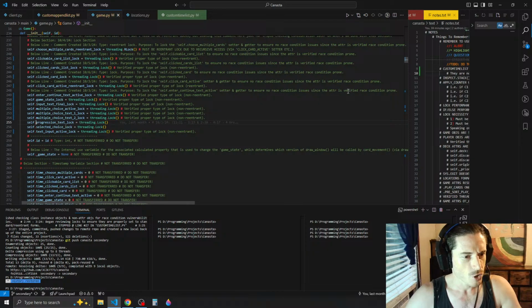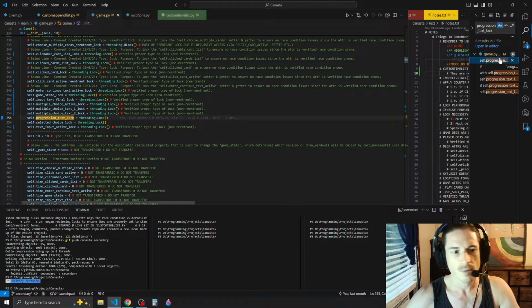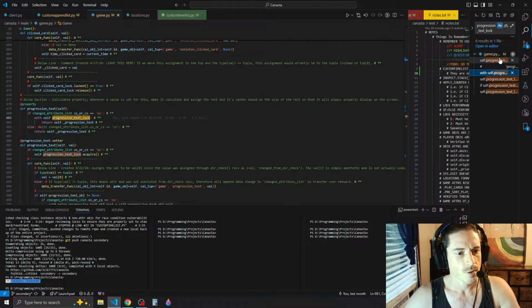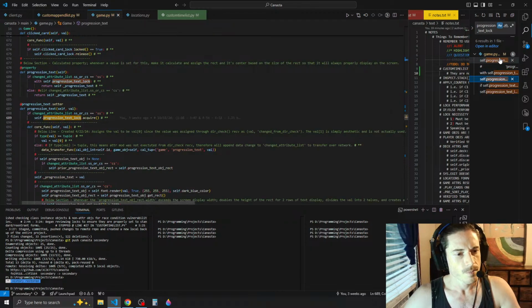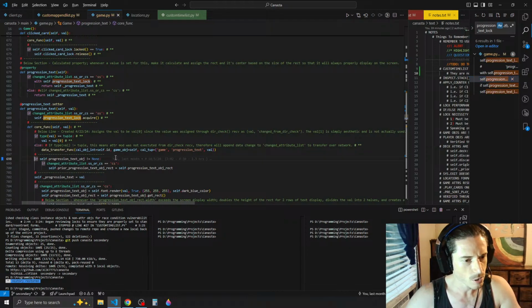Now we're going to check progression text lock, setting the bookmark first, Control Shift F, go over here. Okay, in the setter we modify the progression text object, so we're going to need to check that. And then client side, we're not going to need to check this because